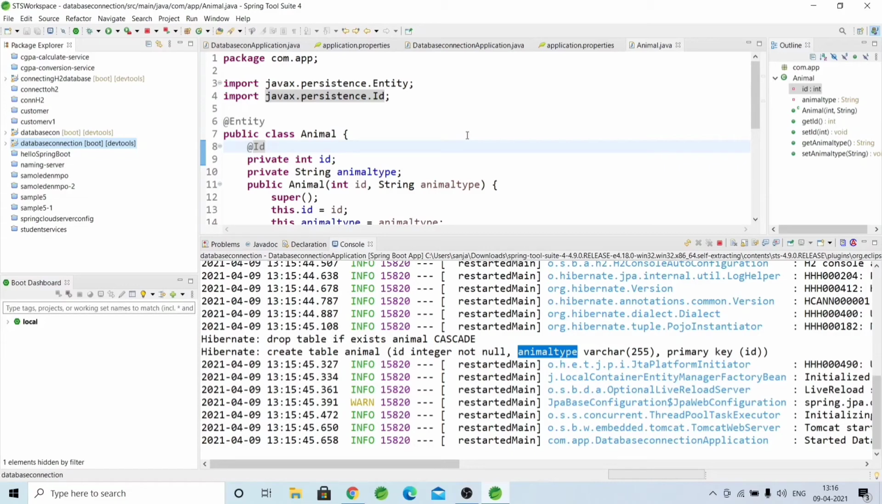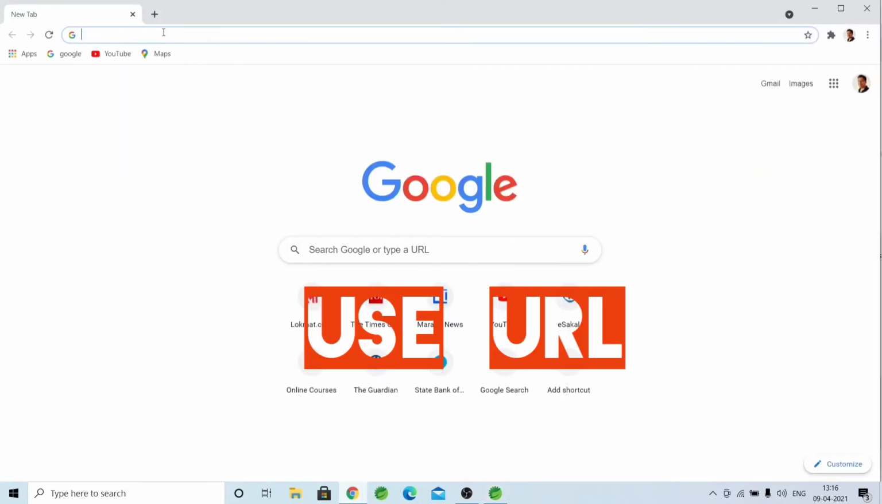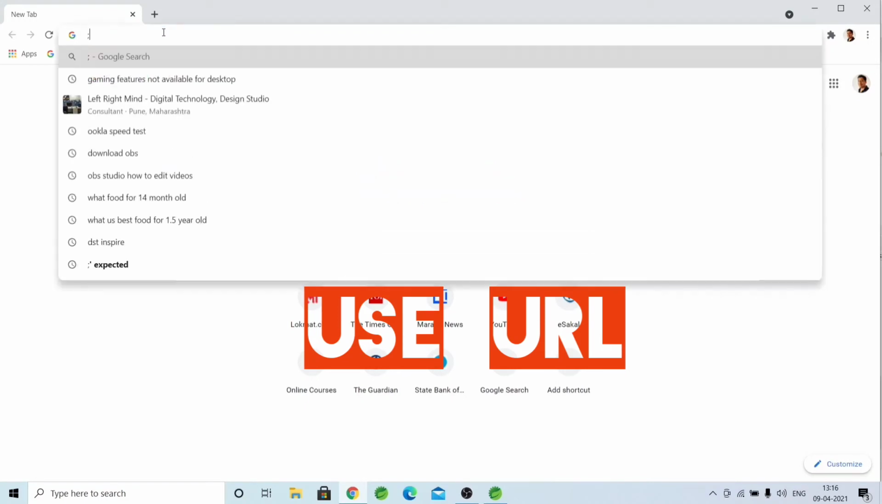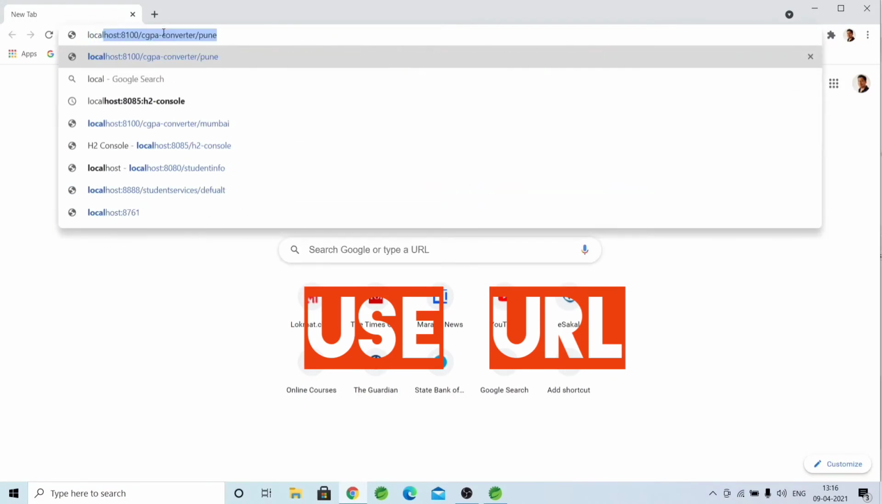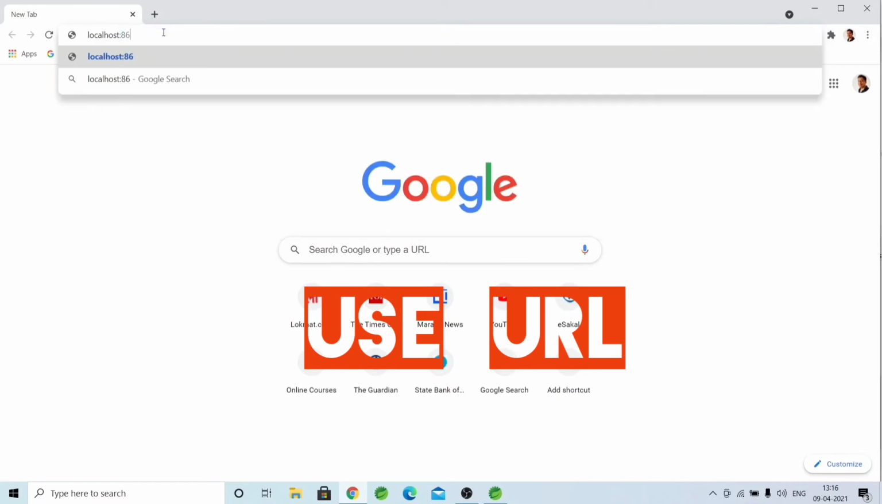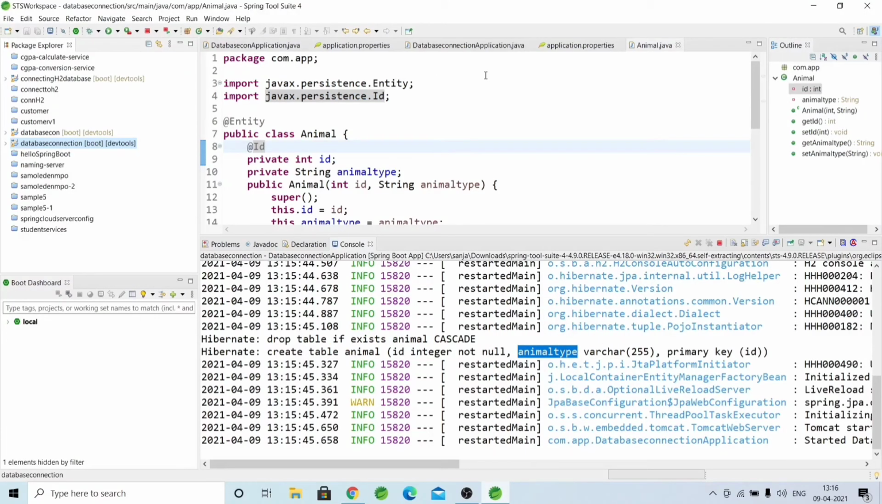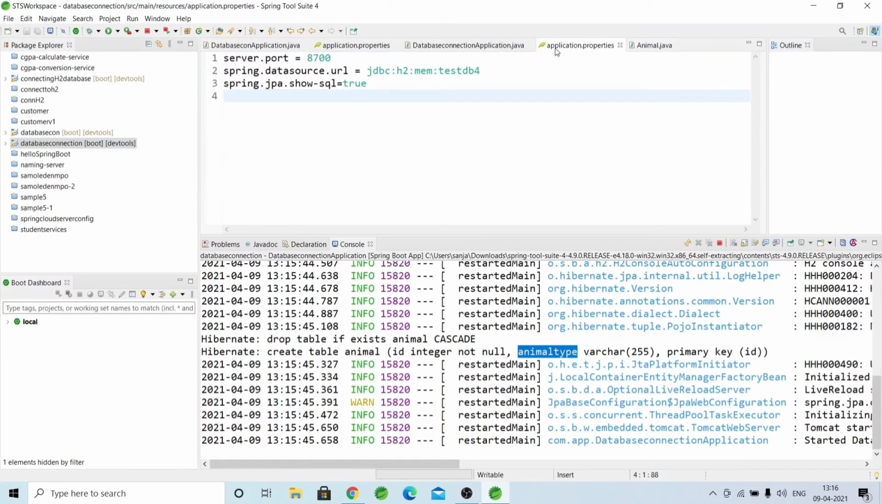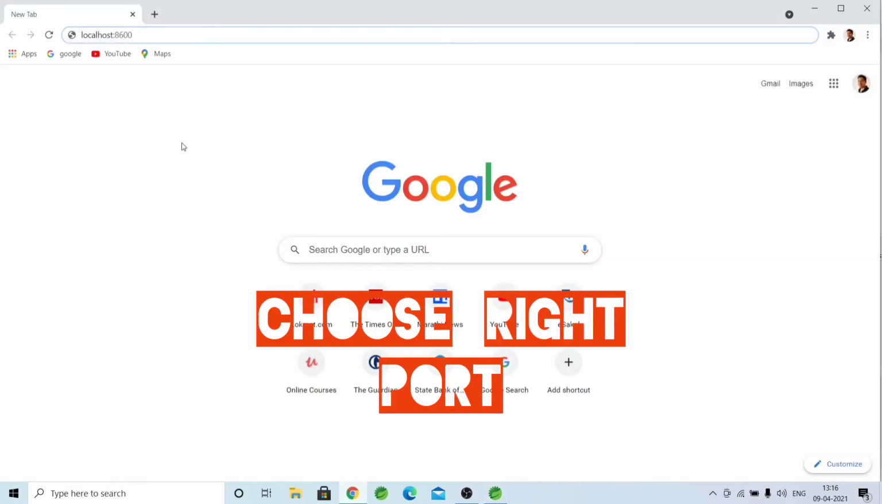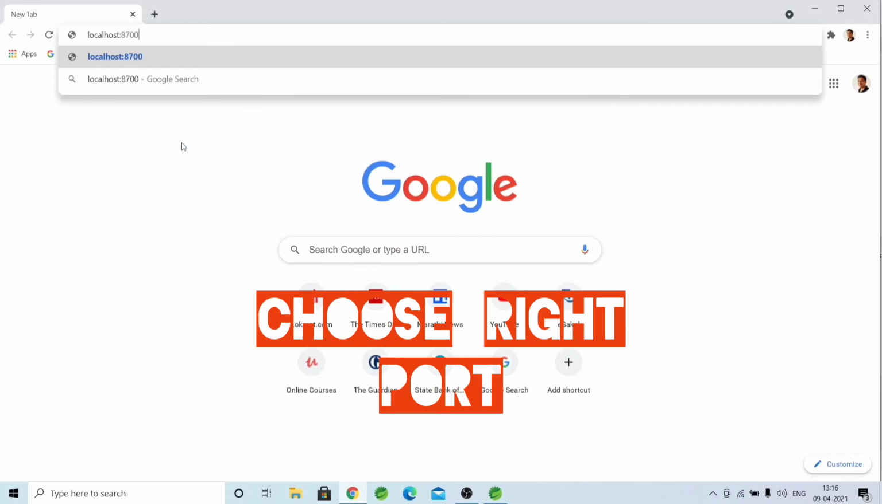Now we will move to see, the table is created, but how to see the table. So to see where the table exactly is, you have to type a URL. You have to connect to the H2 database using URL by typing localhost. We will see first whether we have taken the right port or not. So go to the application properties and see the port number is 8700 and not 8600. So we'll remove that one. It's 8700, then slash, then h2